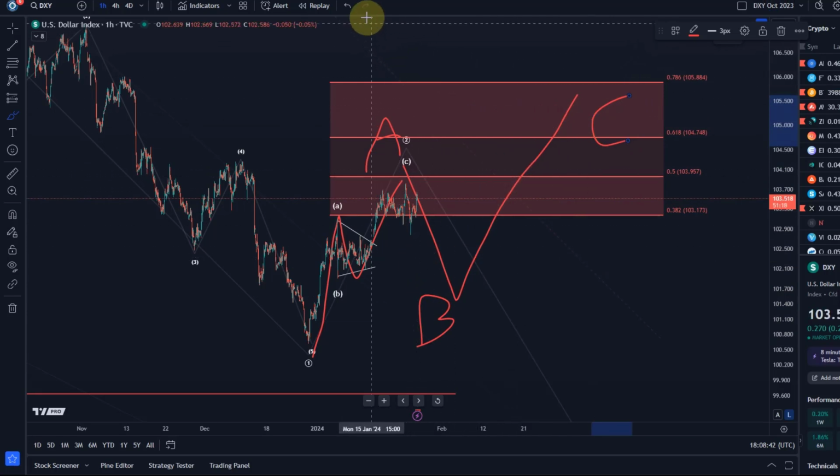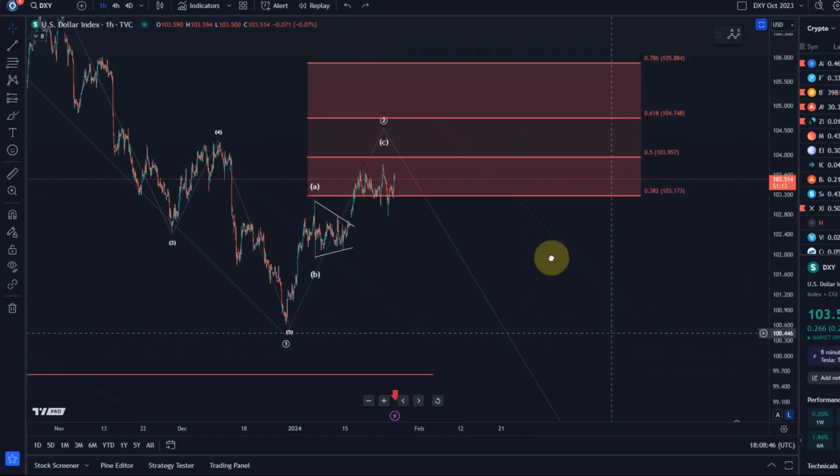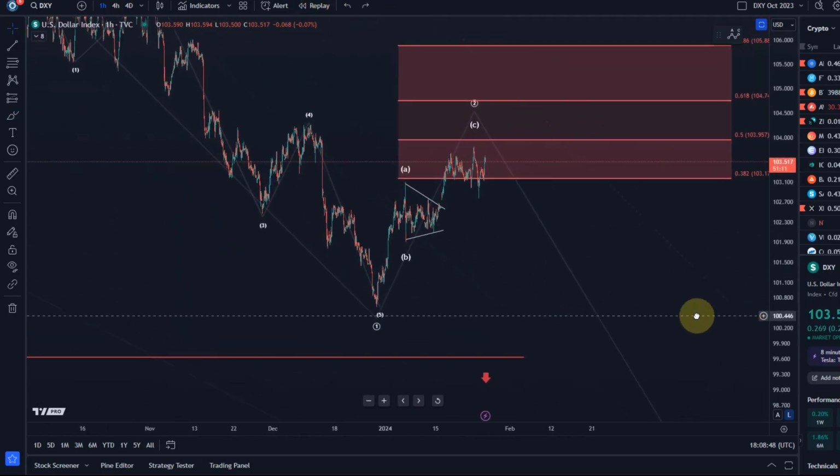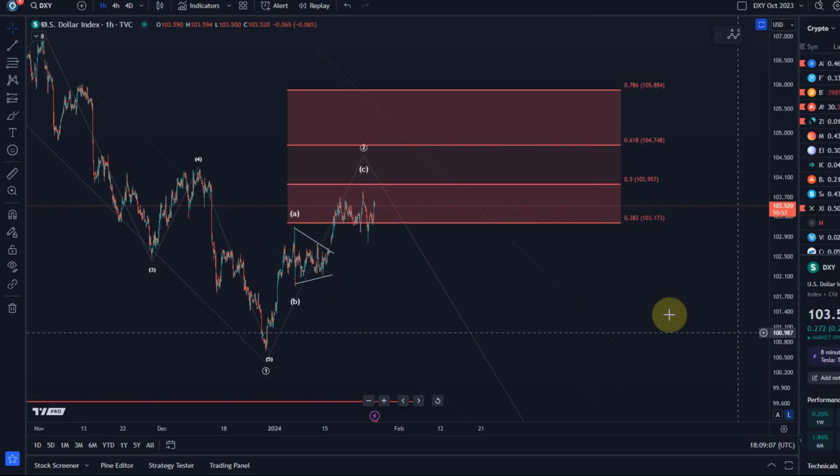That would not threaten or challenge really our overall assumption of the low $90 region for the DXY in the coming months. It would literally just challenge it maybe a little bit, but it wouldn't invalidate it or change probability significantly, because this resistance area, I mean, the DXY can easily withstand a further rally towards the next resistance levels, for example, $104.75 or $105.88. So I cannot rule that out.